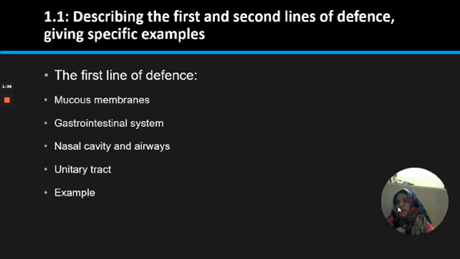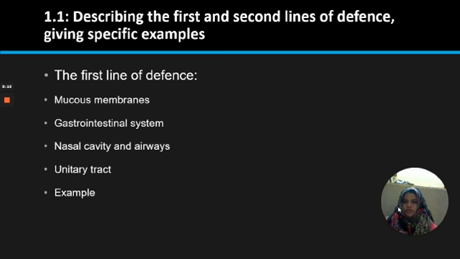My second is the gastrointestinal system, the digestive tract, including the stomach, pancreatic enzymes, bile, and intestinal secretions. Basically, the powerful acidic and alkaline secretions of the gastrointestinal tract act to protect the system. The third is the nasal cavity and airway. Microorganisms that enter the body through the nasal cavity become stuck in the mucous lining the interior of the nose,